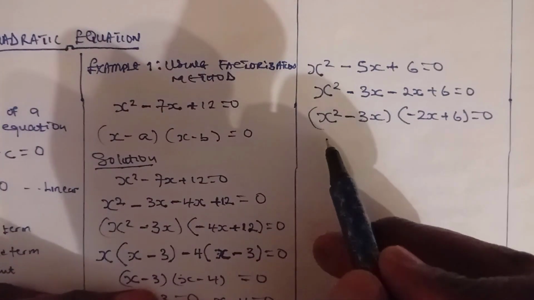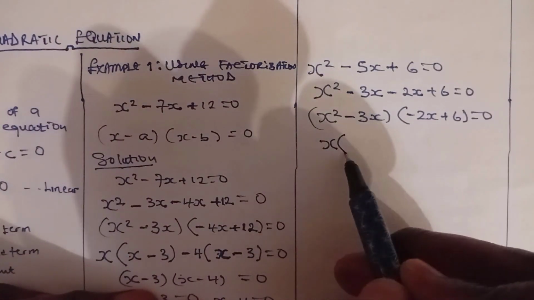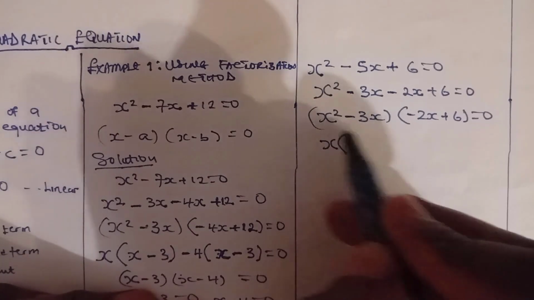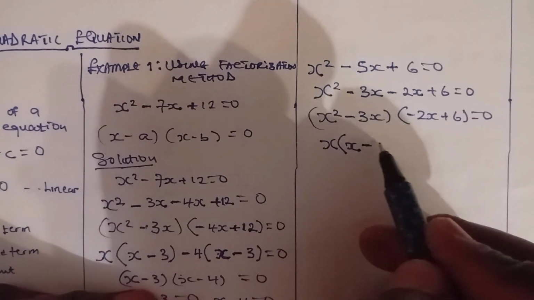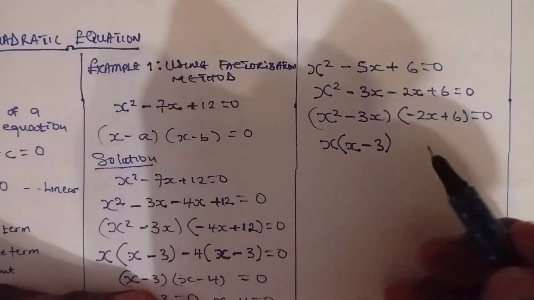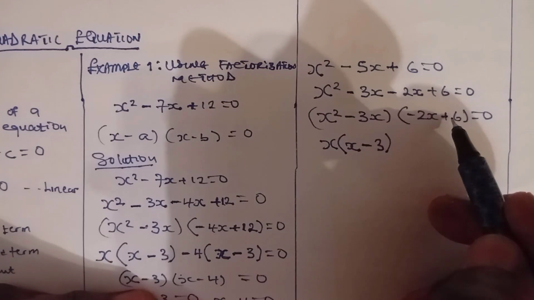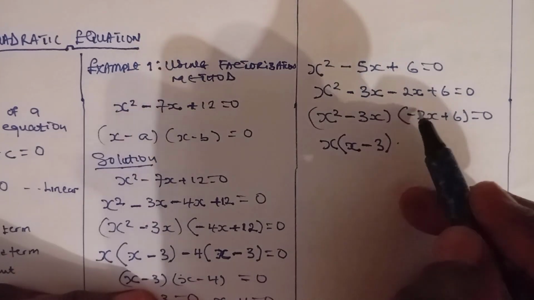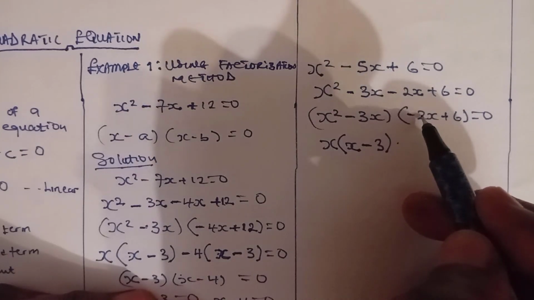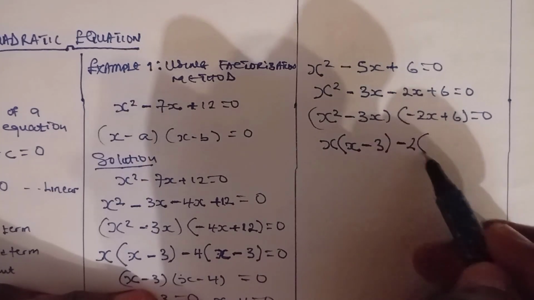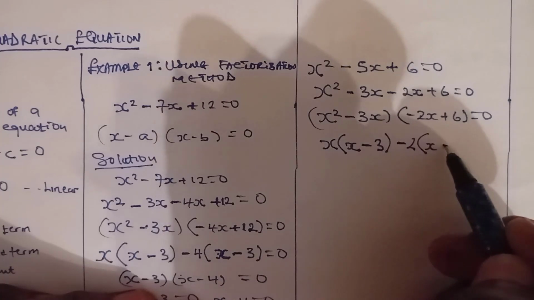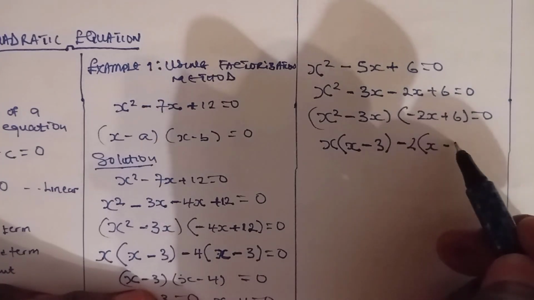Of course we know here that x is common, so we have x coming out here, and then we have x minus 3, correct? Then what is common here? I think 2 is common, but 2 is not a positive value there, it's negative, so we have minus 2 coming out, and then we have x minus